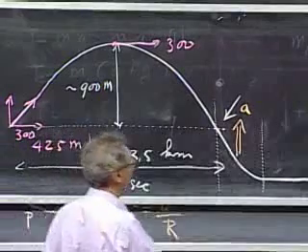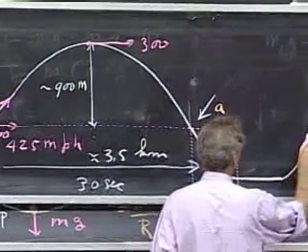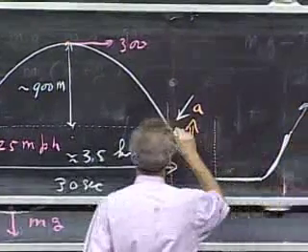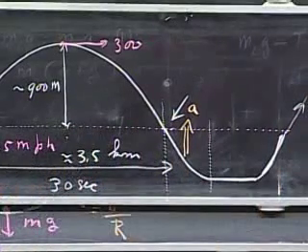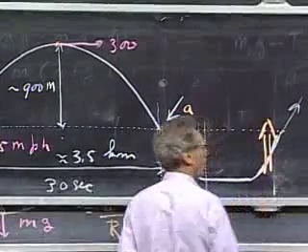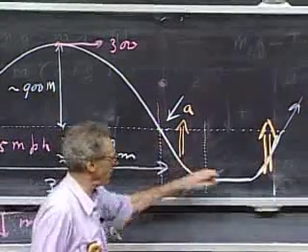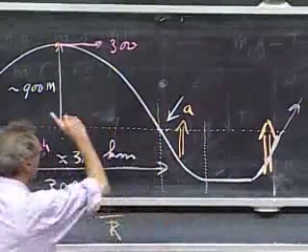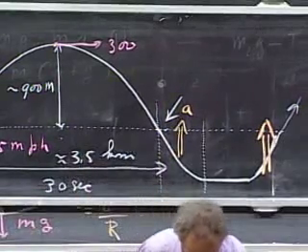And then here they have again normal weight, and then the plane pulls up again, and it repeats the whole thing, again going into free fall. So again here, people have more than their normal weight. Zero weight, more than normal weight, more than normal weight, free fall. And the whole cycle takes about 90 seconds.